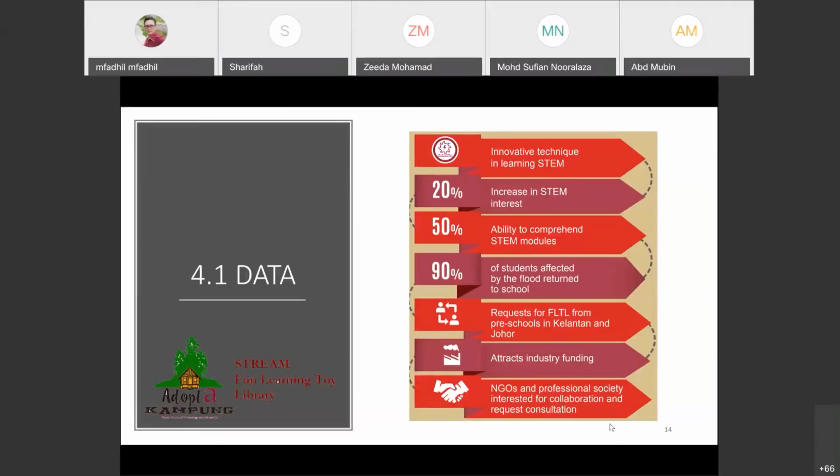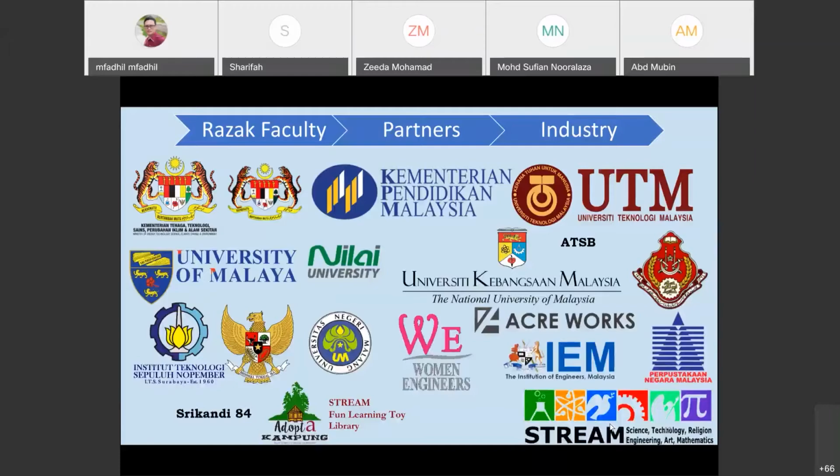Some NGOs request a funneling toy library for preschools in Kelantan and Johor. We also attract industry funding, and NGOs and professional societies to collaborate with the team. These are the collaborator partners and industry: University Malaya, Nilai University, UKM,